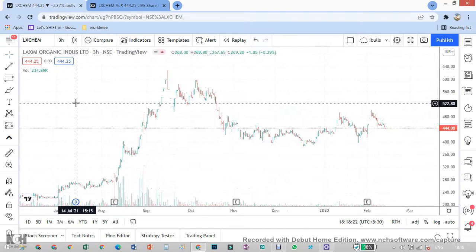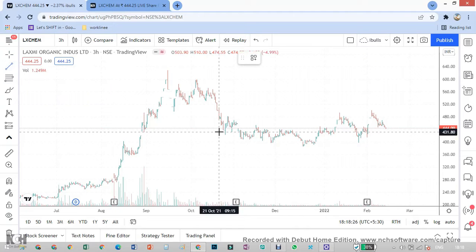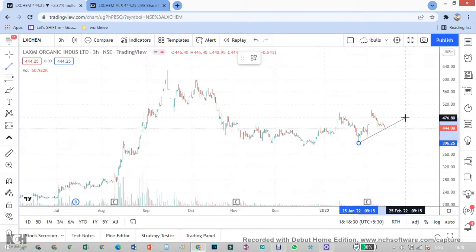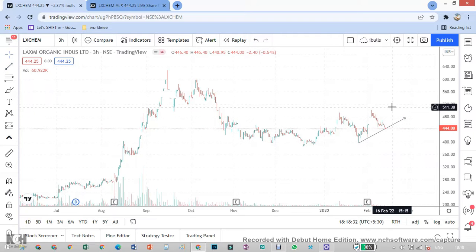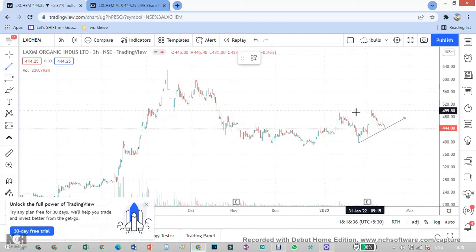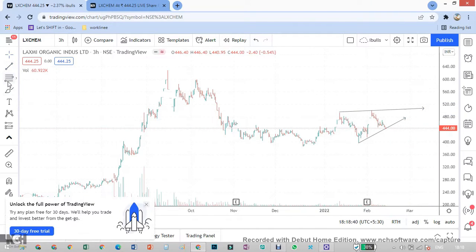If you see the current price is at 444. I can straight away see some support and resistance lines. So I'm eager for them. Currently it's at buy zone if this is the resistance, and this is another line of resistance. Okay, and currently this point, if you see,